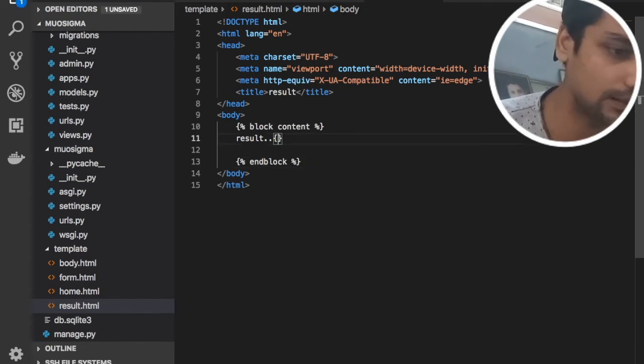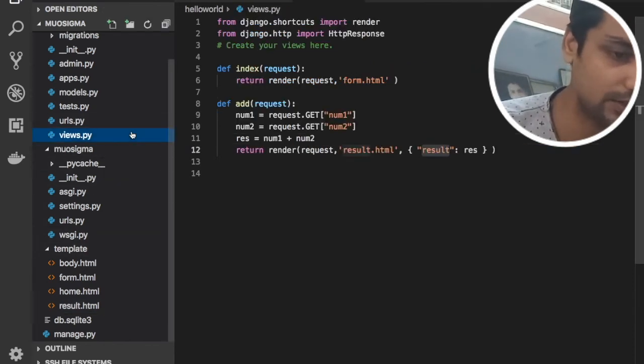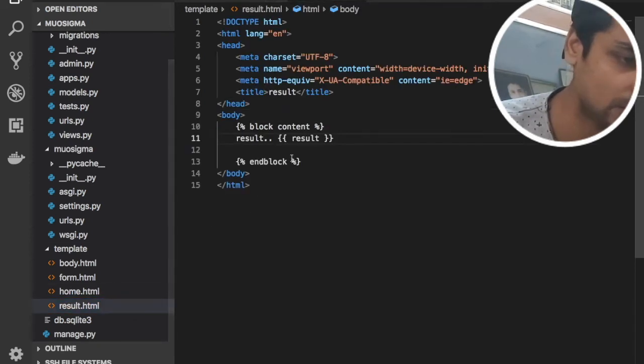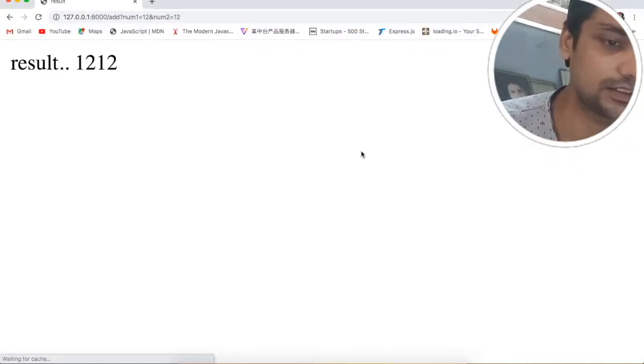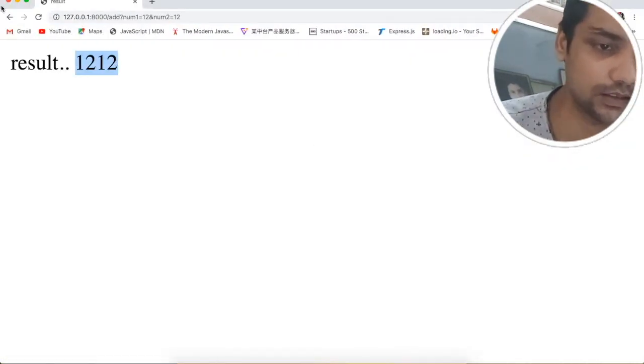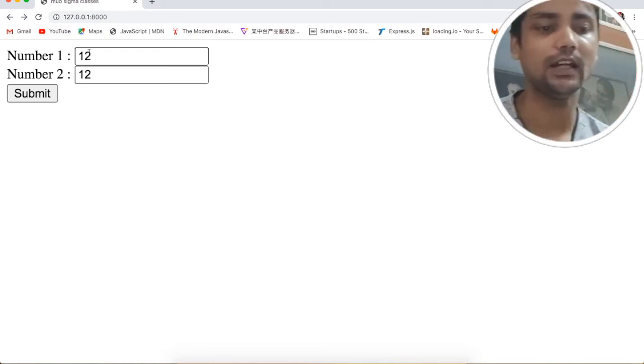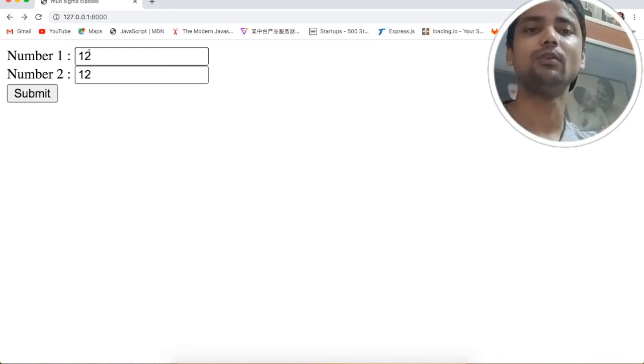Okay, and inside the double curly braces you need to use the key, which is result, and you can see here we have this result key, right? So just copy this name, and in this result.html file just paste it over here inside the double curly braces. Just save this file and refresh the page. You can see 12, but the value was 12 and 12. We are adding both values,